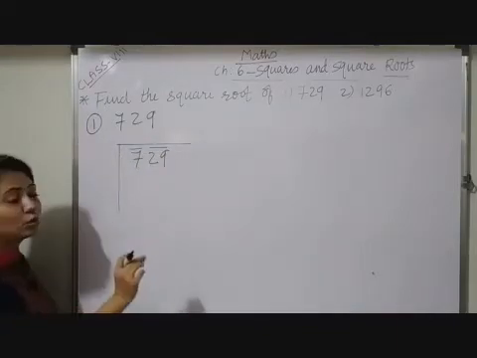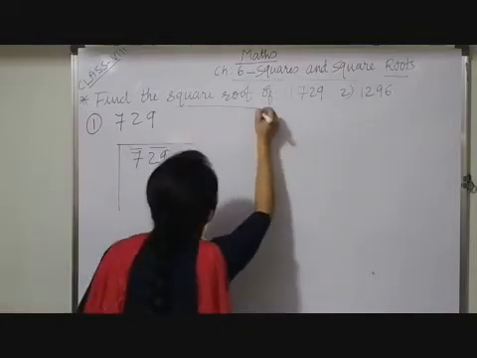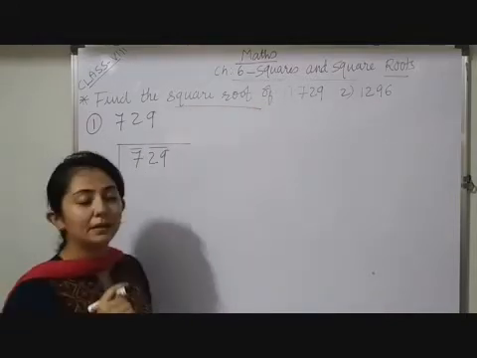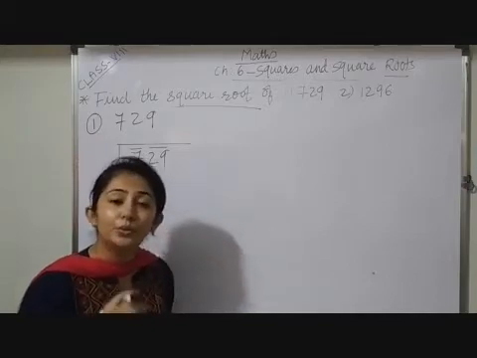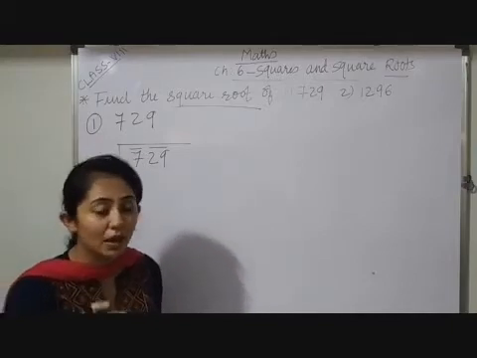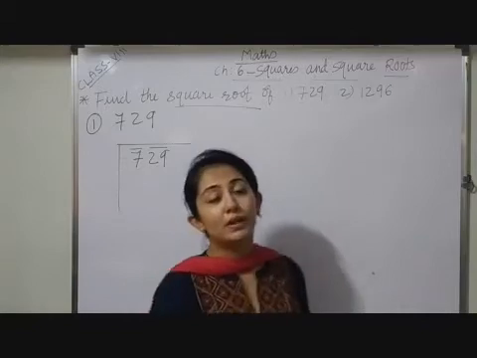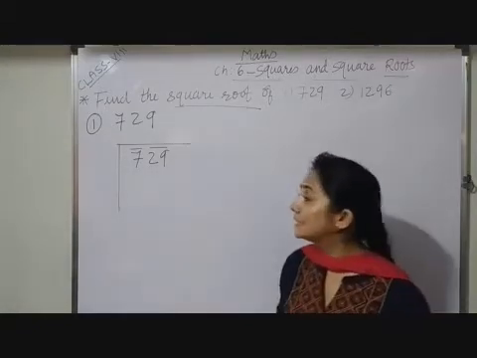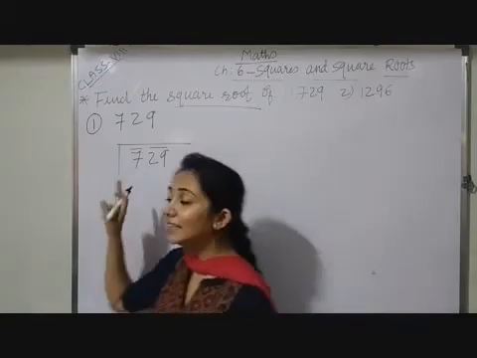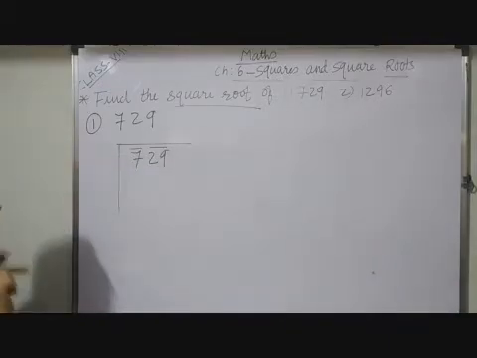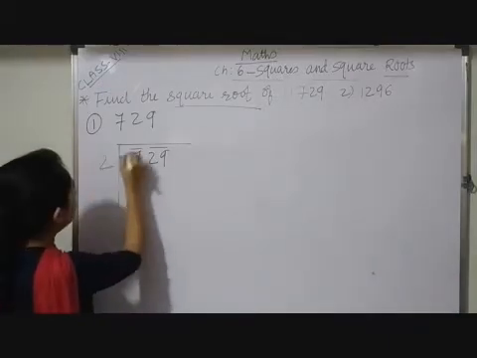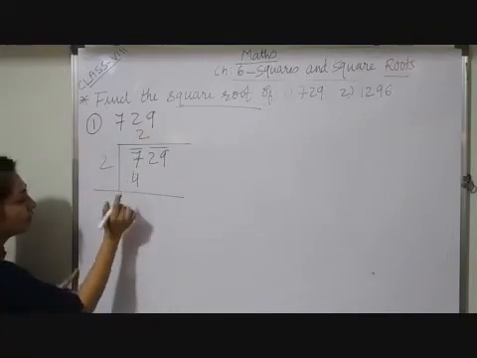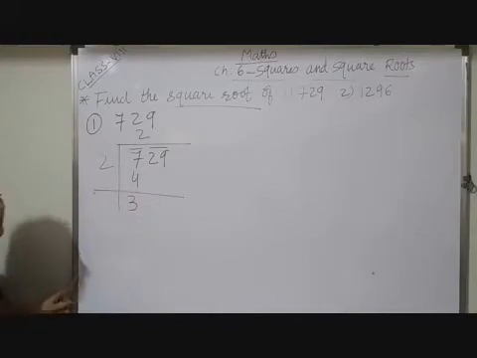Here I want to obtain the square root. So in place of the simple multiplication table, you have to recall the square table. What is your square table? 1 one is 1, 2 twos are 4, 3 threes are 9, which is greater than 7. So 3 threes are 9, I cannot apply. So 2 twos are 4. Subtract 7 minus 4, here I will get 3.